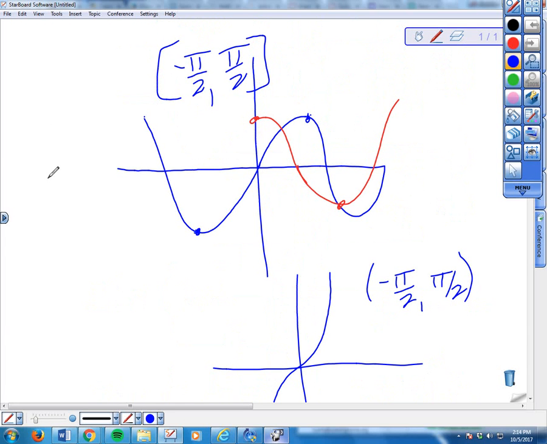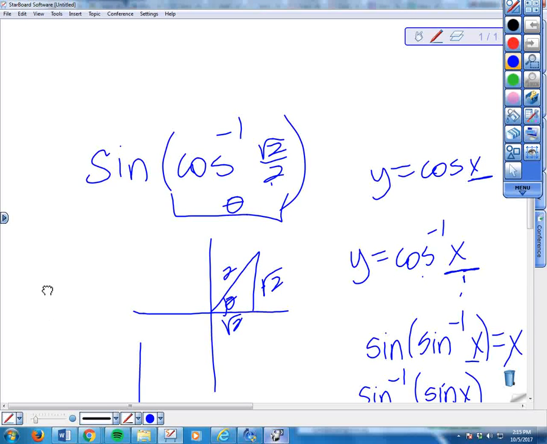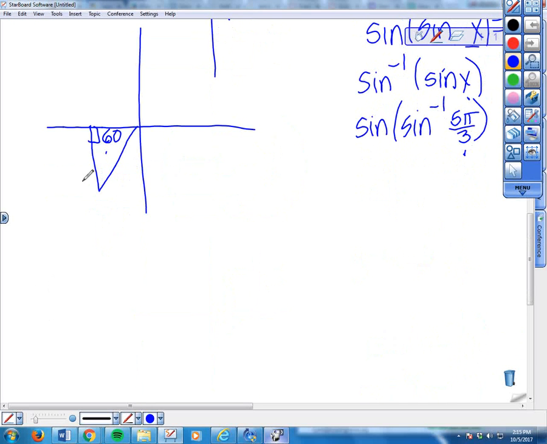Where's the domain restricted? Which is negative 90 to 90. So what quadrants does that encompass? First and fourth, right? Oh, yeah, you're right. Okay. What angle is this one in? Third. Okay, so what I have to do is